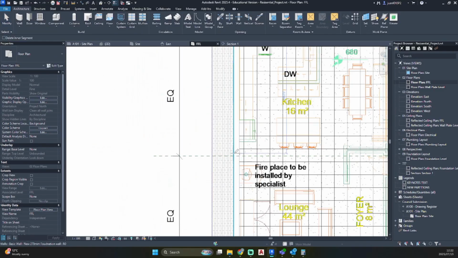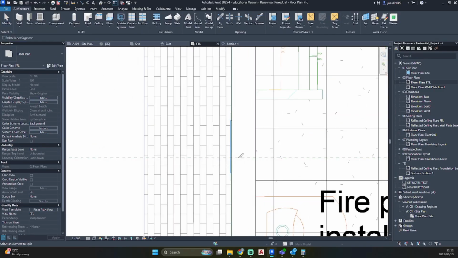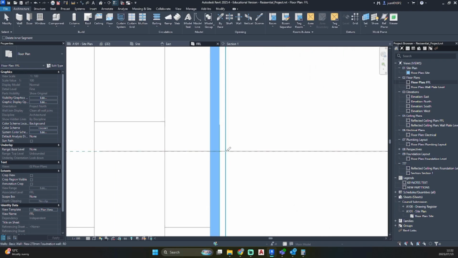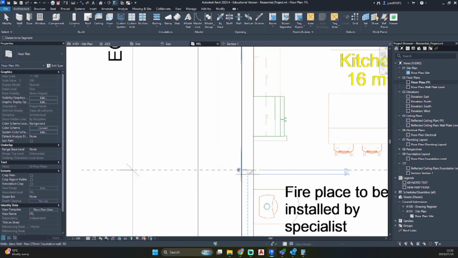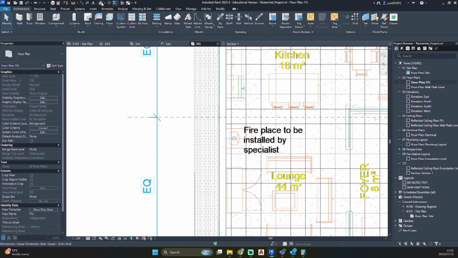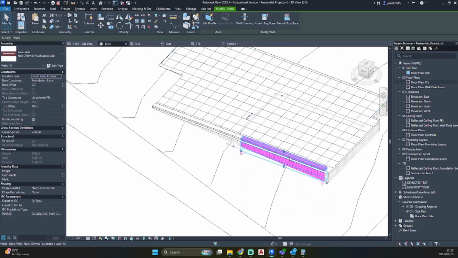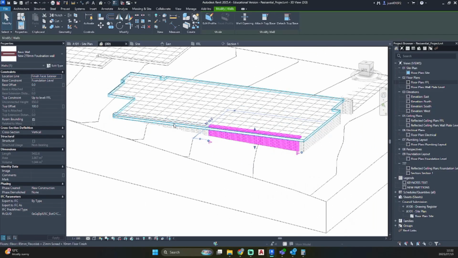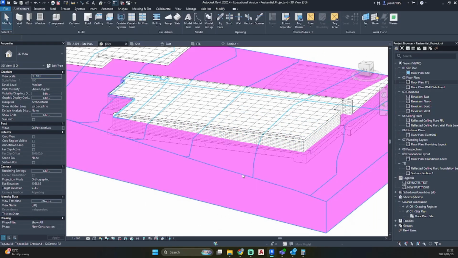So let's press SL and click as close as possible to your reference plane. So once we've done that, go back to 3D, you'll see that that has separated the one wall into two elements.